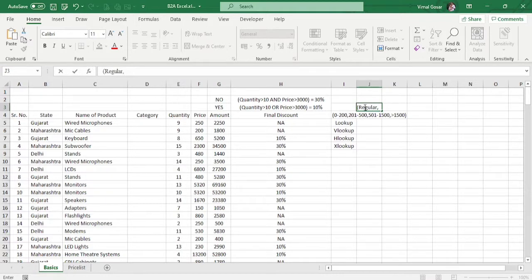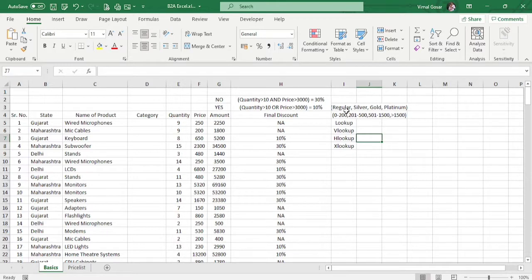If it is between 201 to 500, I may call it silver. Next it will be gold if it is between 501 to 1500, and if it is more than 1500, I'll call it platinum. This is just a bifurcation, random values I have taken, and I have given random names to them.